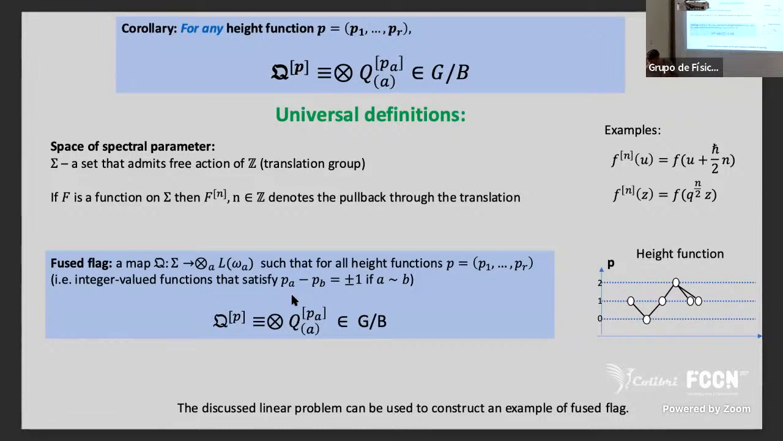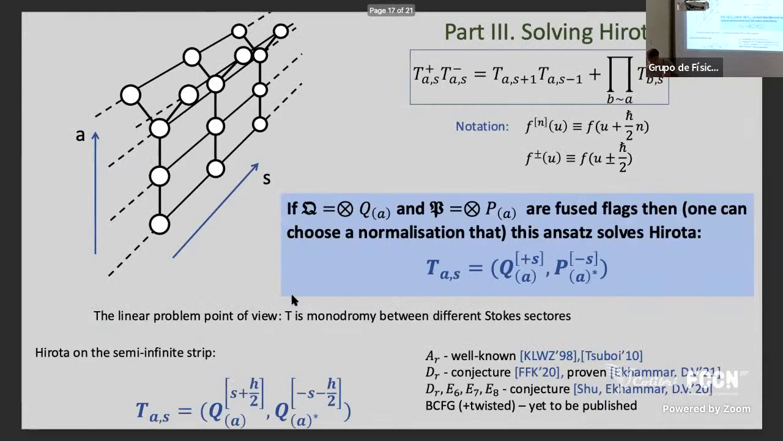So the ODM correspondence, or linear problem, allowed us to see that this is actually possible. Moreover, it showed that it is a nice construction, which turned out to be correct in the end. And now I promised you to solve Hirota, and part 3 will have only one slide. So the statement is the following. If Q and P are two fuse flags, by the definition of the implies, then this construction solves